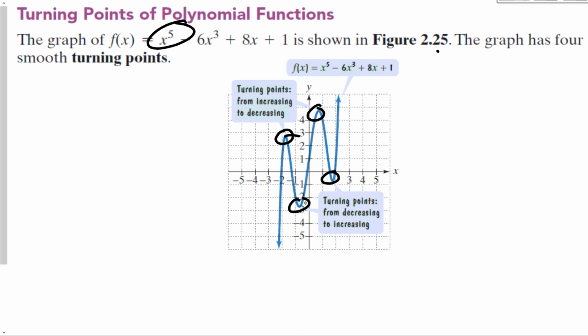It means that if we have a graph that looks like this, we're not going to go crazy needing to know exactly where these points are. Okay, just what happens at the end, what the intercepts are, and what the general shape of the graph looks like is often good enough, unless we want to get into some calculus. Okay, so that brings us close to the end,